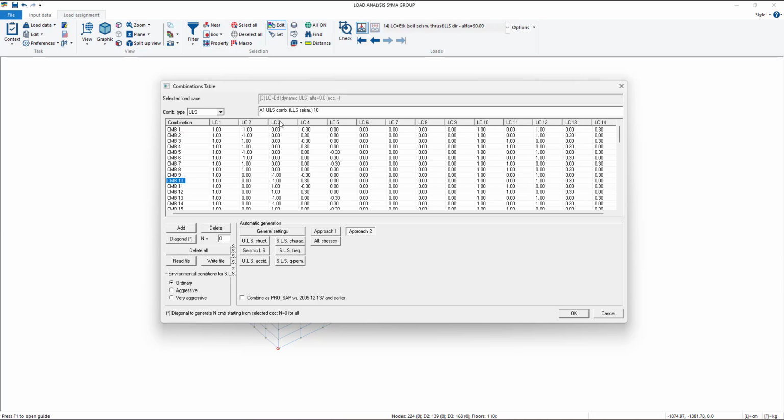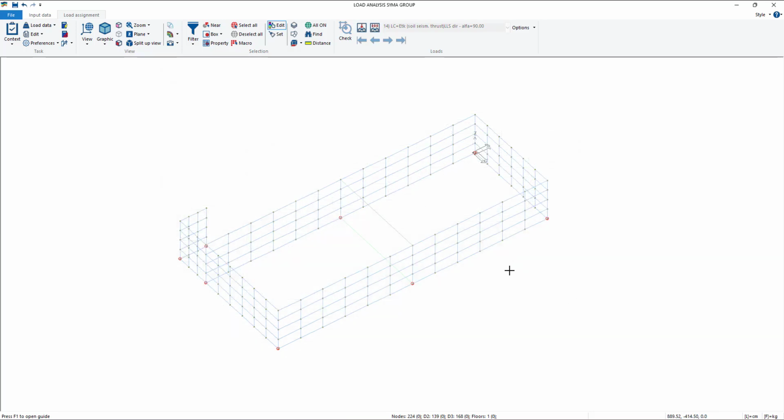We have negative for alpha 0, so x, and so I expect to have 1 on the static load, of course, and on the direction negative for alpha 0. So this is it. Now we can click OK.